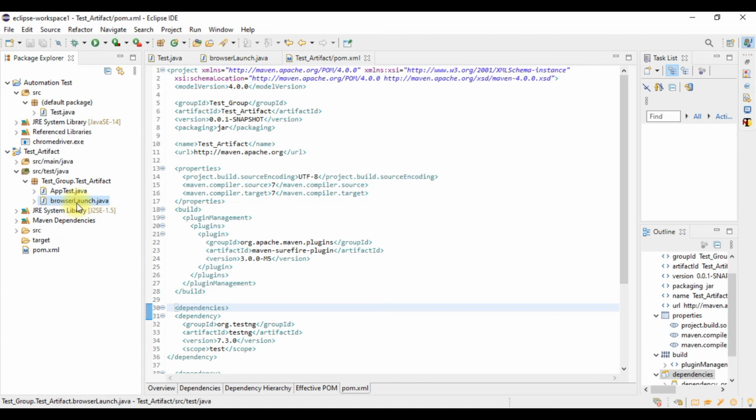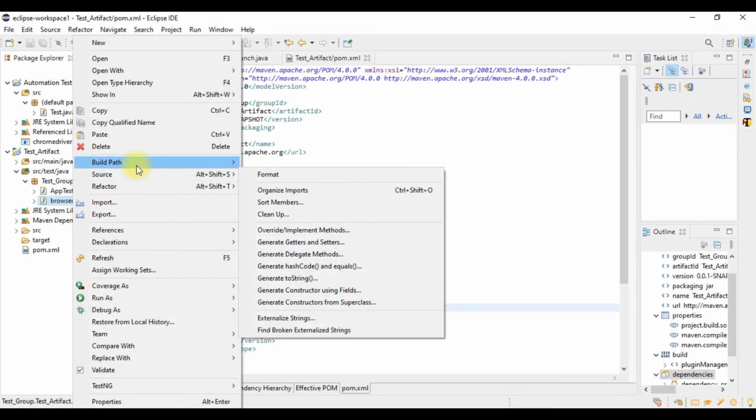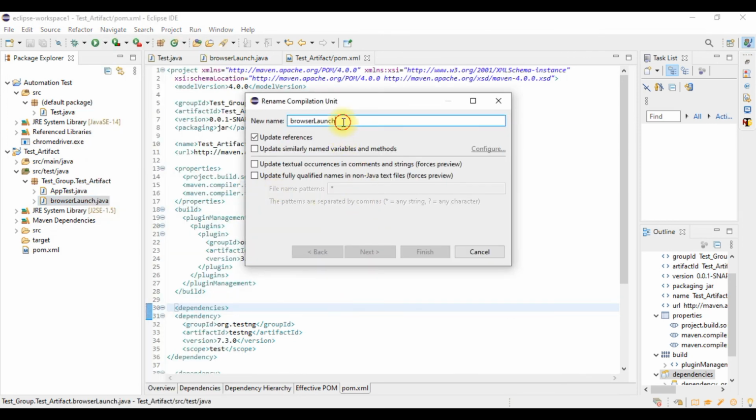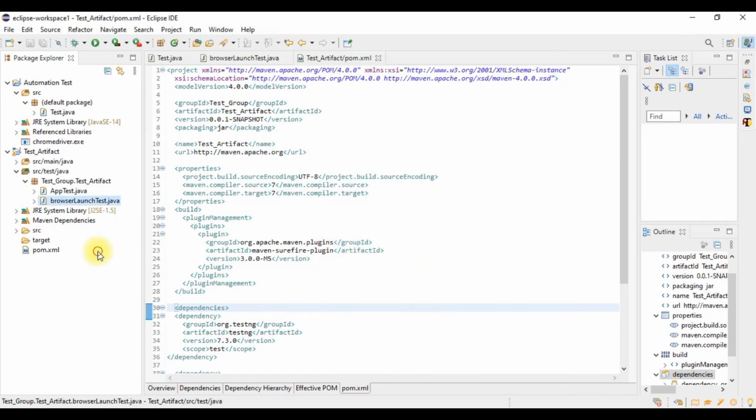So we will rename it and we will append Test at the end of this name. So we have to go to Refactor, Rename, and after BrowserLaunch we will write Test, Finish, right? We just have added Test after this BrowserLaunch, right?